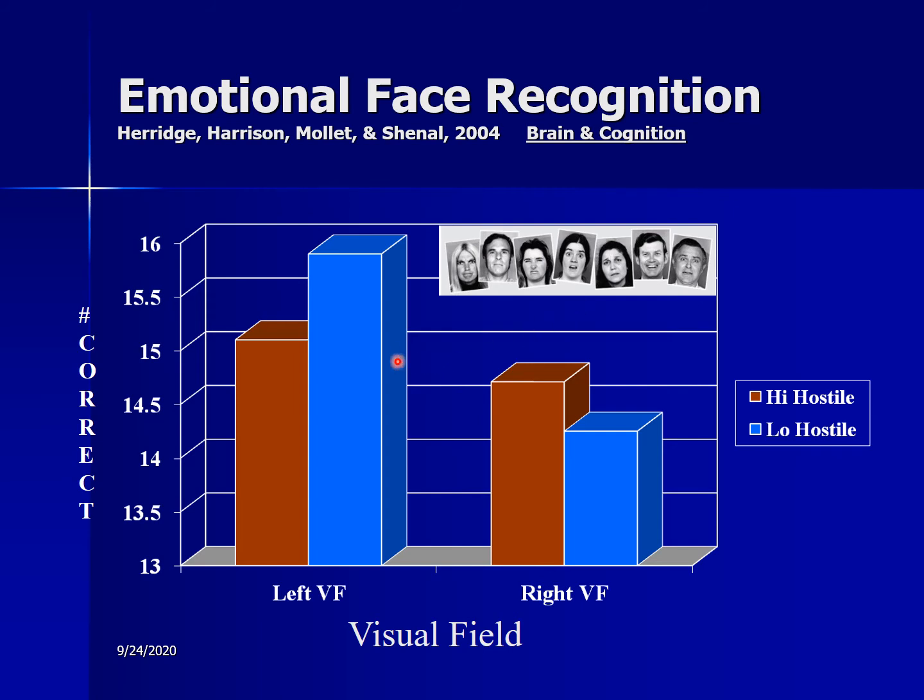And what we find is that our hostile violent prone folks are having problems with their right brain. So when we look in the left visual field, you remember visual information in your left visual field goes to your right brain. And our high hostiles are significantly less accurate at recognizing emotional faces than our low hostiles. We have almost perfect performance from low hostiles. And we find that both groups are having trouble using their left brain to recognize emotional faces. That's not what it's made for.